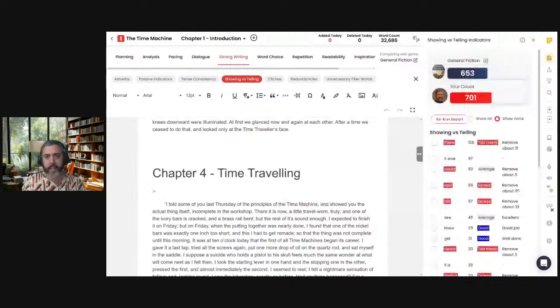So yeah, you can see this I. It's kind of flashing, it's a little bit hard to see. It's in the upper right-hand corner, next to Showing versus Telling. What that does is it will actually tell you, why is this report here? What does it do? Not just the technical side, but why. Because we're not offended, you could be like, what? I don't understand, what is this report? What's the purpose? No, it's actually going to tell you what the purpose is, and why an author might find this helpful.